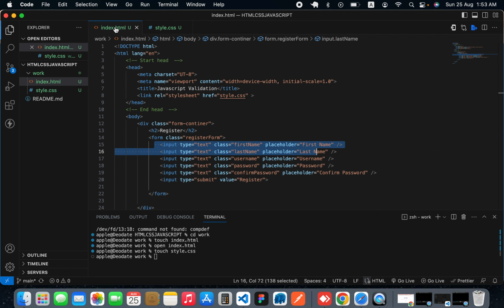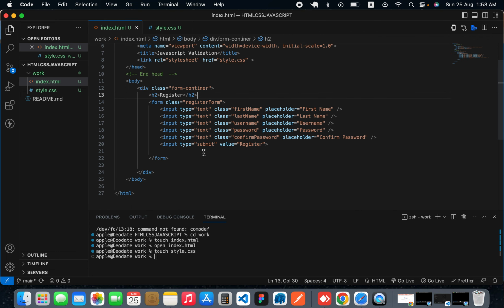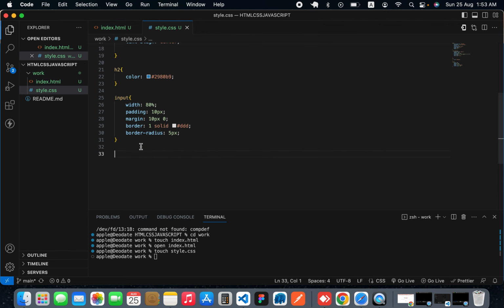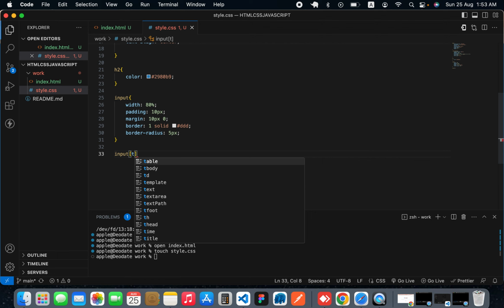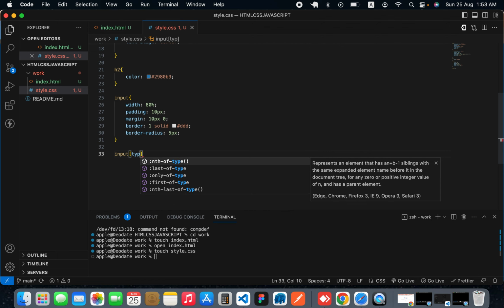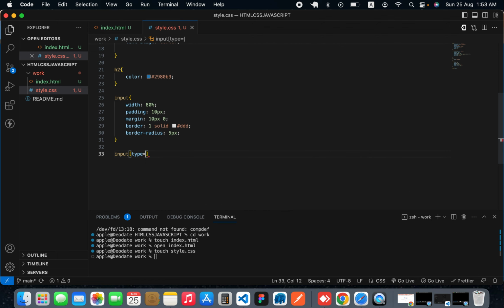If I could show you my code, this is where I have to start. This is where I am going to design. I have to come here and put an input, and set my type, the type of that input, what is this,